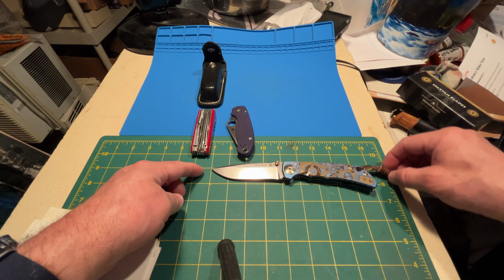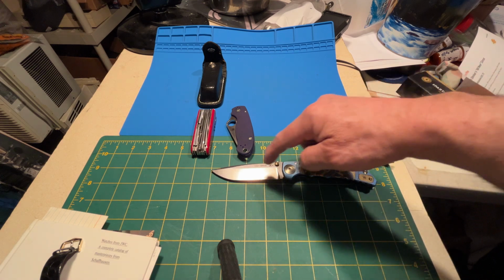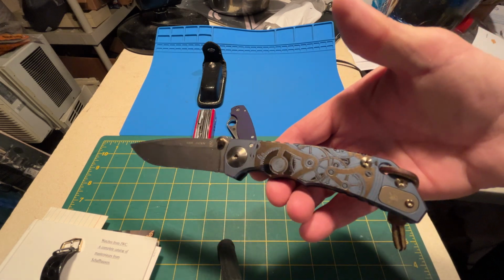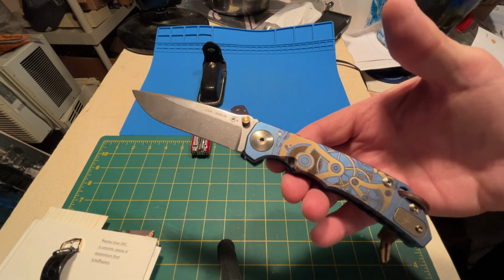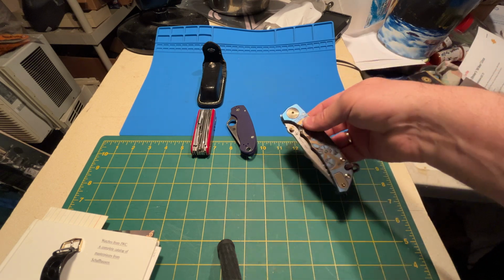when you measure it out. So they make a smaller version of this with a 3 1/4 inch blade that is much more easy to carry on a regular basis. But I've carried this around a few times. It's not something I want to pull out too much when I'm going to cut a cupcake in half for somebody at work, but the